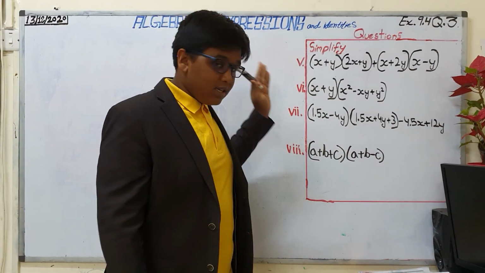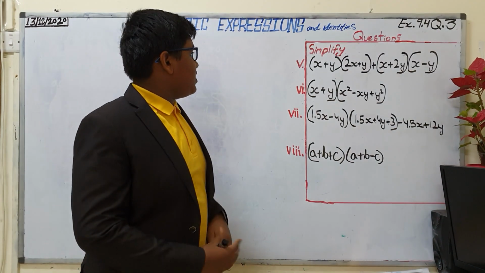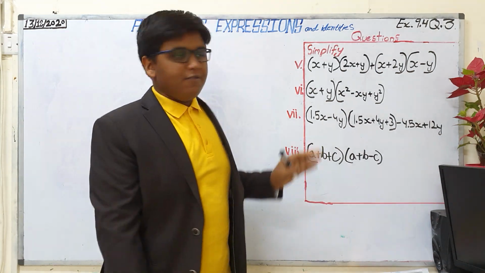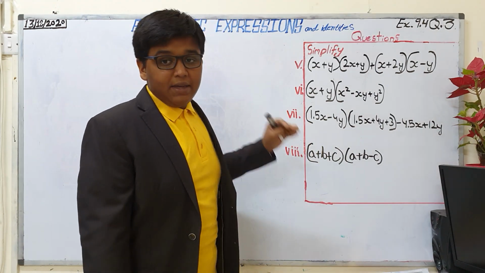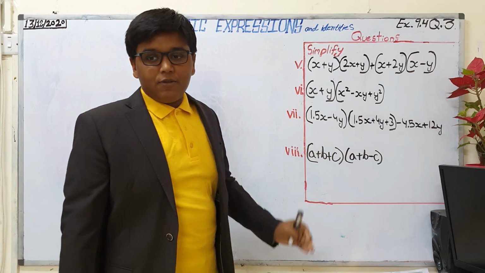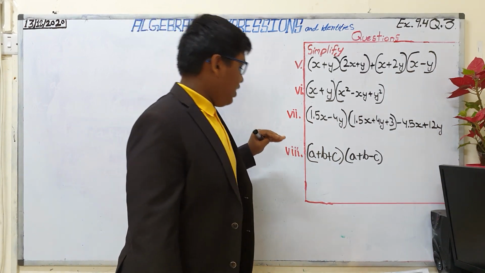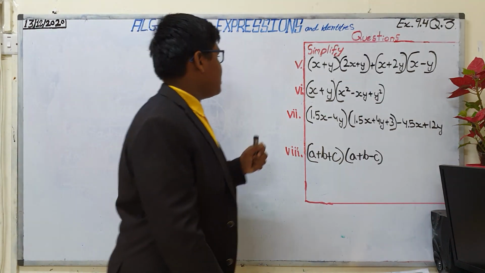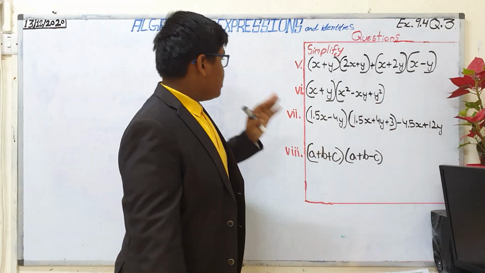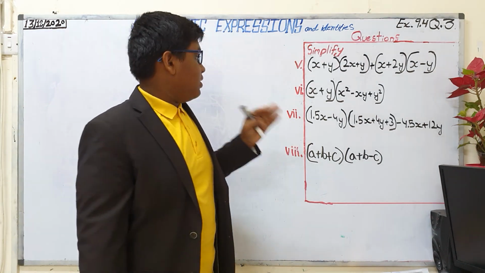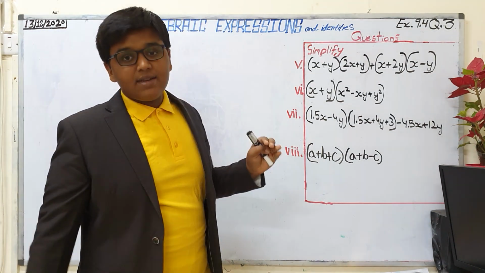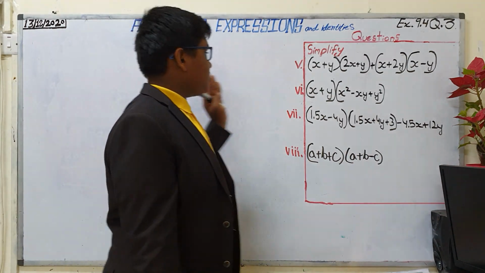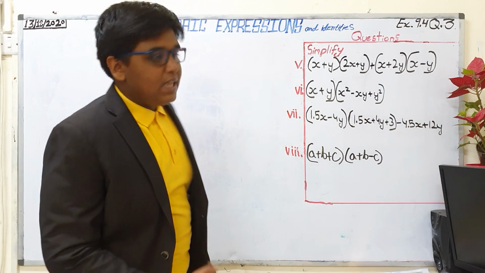The last four questions. So the first question is simplify. The fifth question, in our previous video we did the first four questions, and in this video we are doing the last four questions. So we are continuing with the fifth question. So the fifth question is (x plus y)(2x plus y) plus (x plus 2y)(x minus y). Now this is a very lengthy expression,